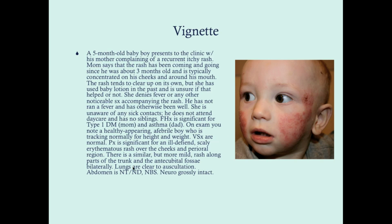Otherwise, he's normal. So if there's anything in our differential that we may want to consider here, this is a pretty straightforward diagnosis, but if there is anything in our differential, one of the things, maybe you thought of it, but one of the things that you might want to consider, even though the history really kind of rules it out, is fifth disease. And fifth disease is a syndrome that occurs generally once in a child's life and it